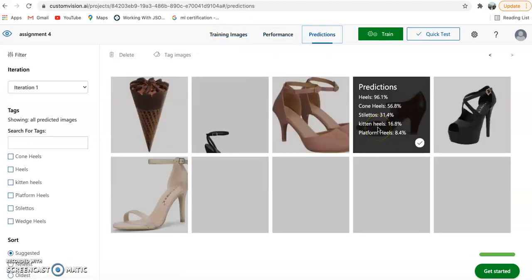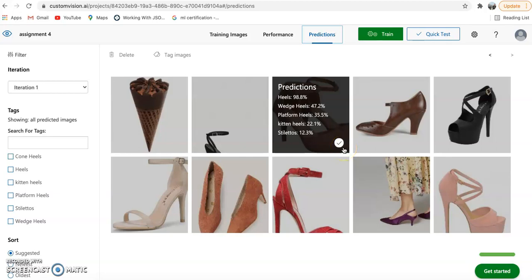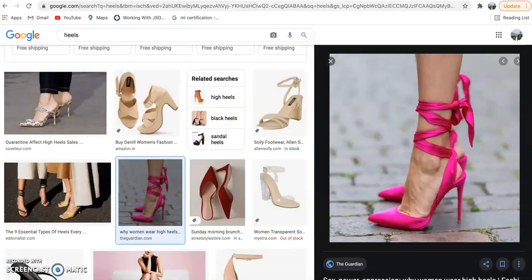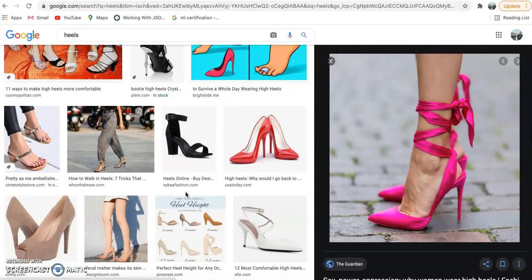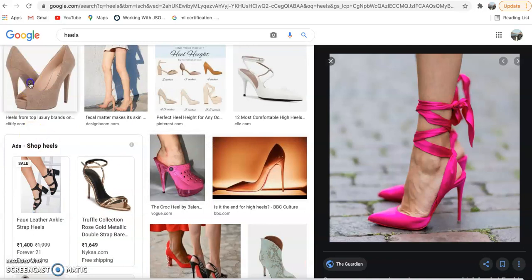So let's wrap it up with the last prediction that we are going to make with a wedge. So this one.